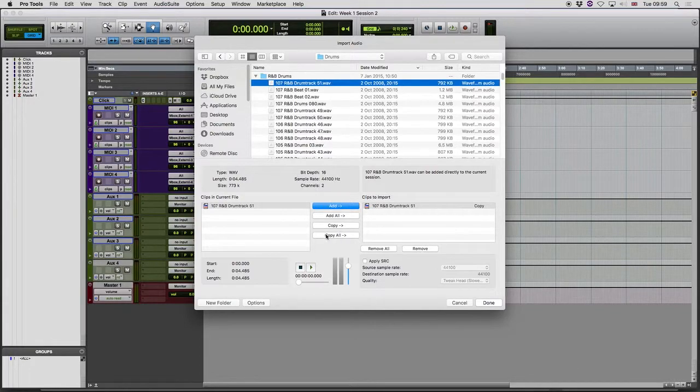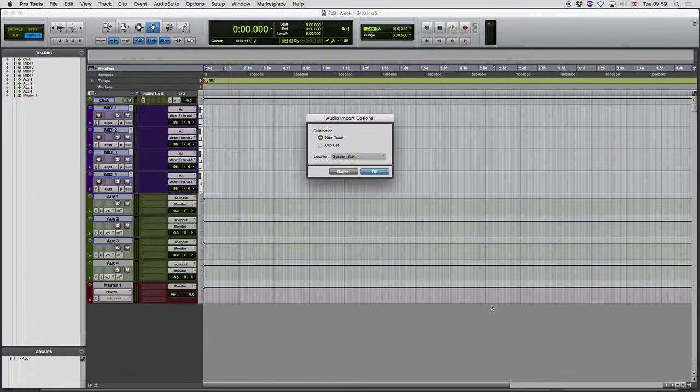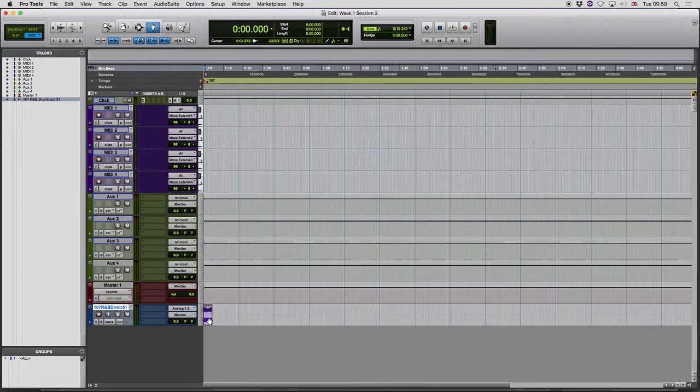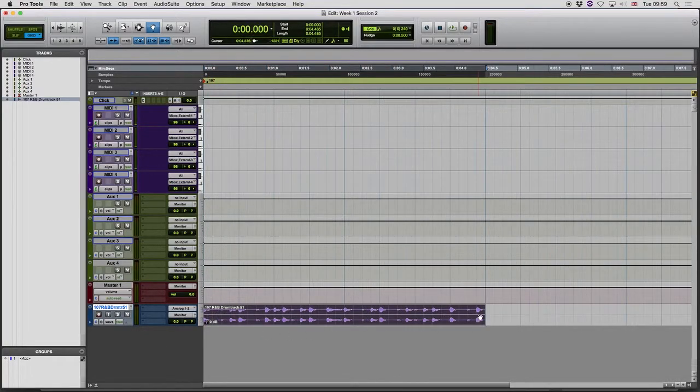Okay, I can no longer find it. So copy all, click done, and then click open. That now moves the audio into the audio files folder for this session. And here we have, there it is there. So it should be in time. As we can see, it perfectly aligns up with the grids here. And if I play it along with my click track,